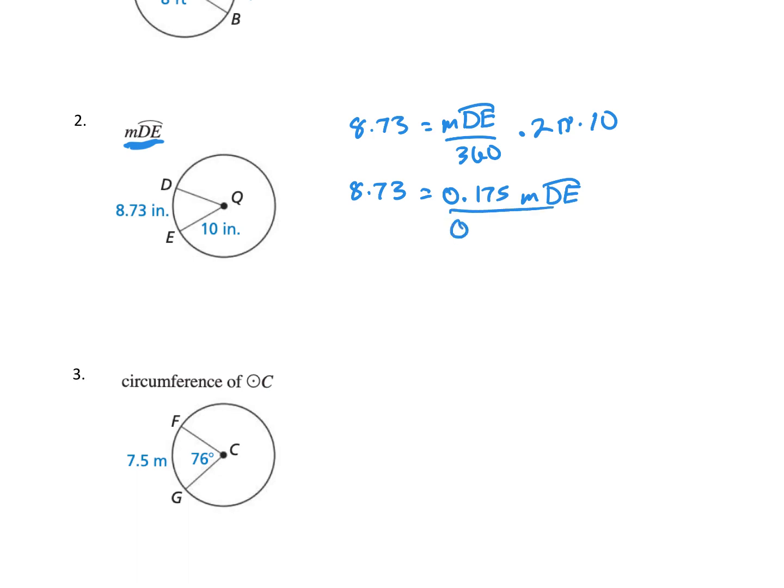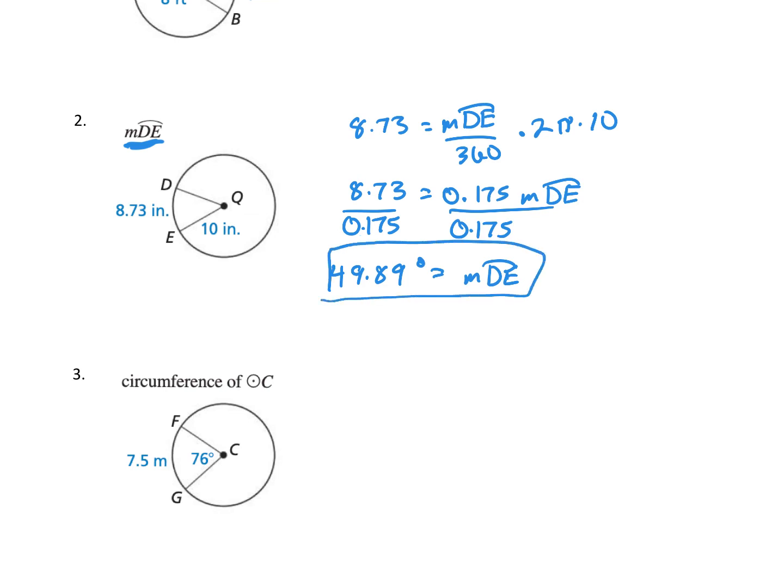Now I'm going to divide by 0.175. That gives me the measure of DE should equal about 49.89 degrees. So this is a degree measure. Or we could have just said 50 degrees. That works too,